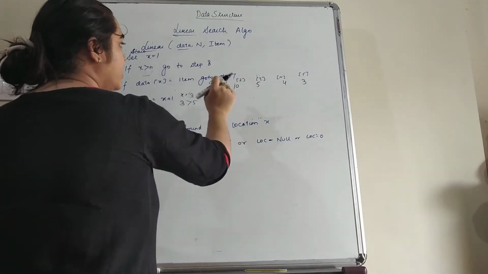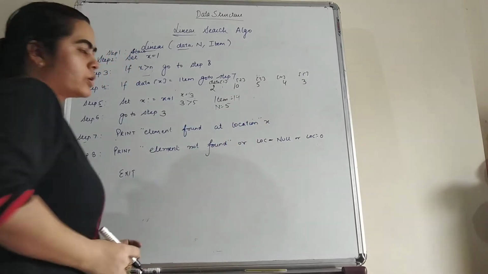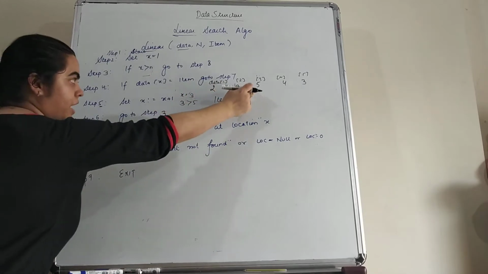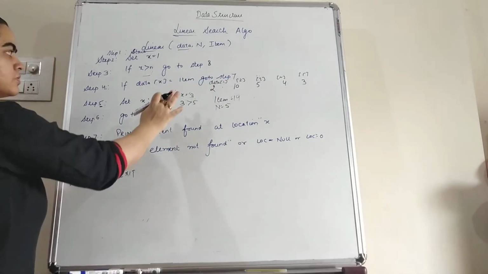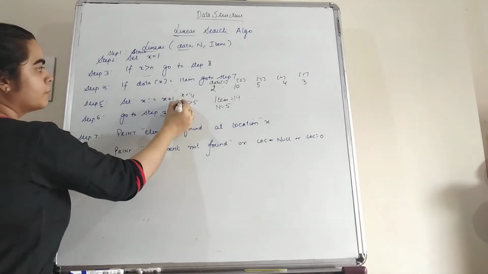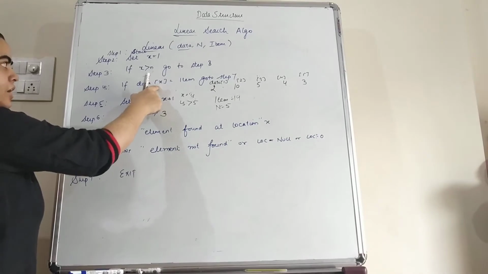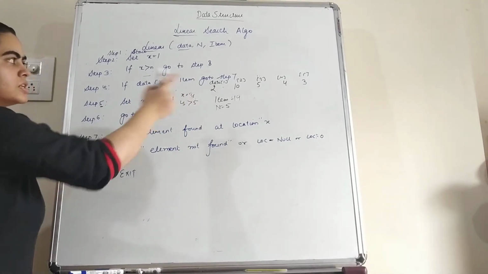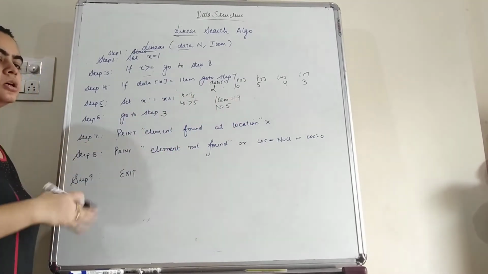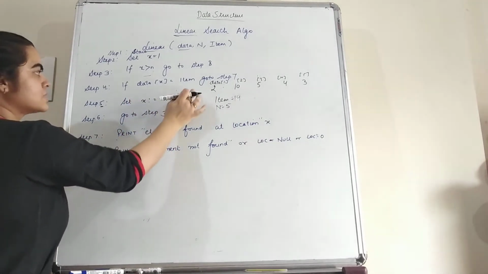Suppose the item which we want to search is 19. Okay students, so if we are going to search 19, we are at this location, so afterwards we can increment the value of x to 4. So compare: 4 is greater than 5? No. We can go to this step: data of 4 is equal to item? No, because in data of 4 we have the value 4 and the item which we are going to search is 19. So mismatch, again we can increment the value of x, so x is now 5.